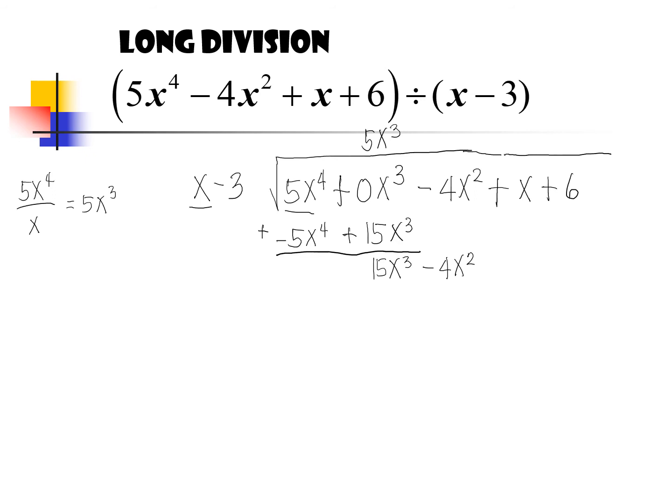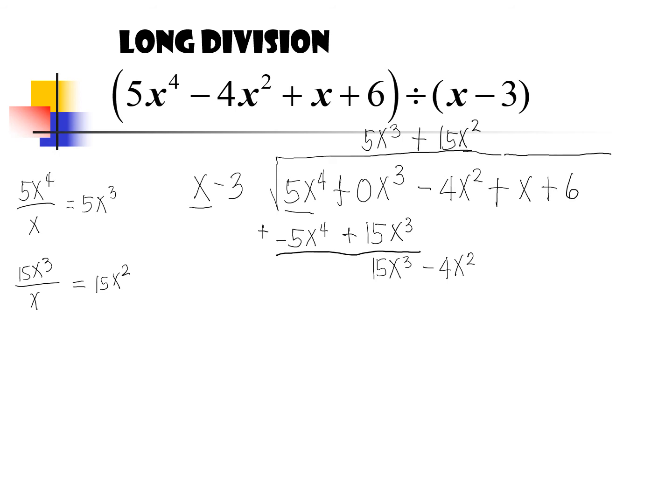Then we divide the first term of the partial dividend by the divisor. So we have 15x to the power of 3 divided by x. So that's basically 15x squared. And where do we put it? Of course, on top of the term which has the same power as it. So we have plus